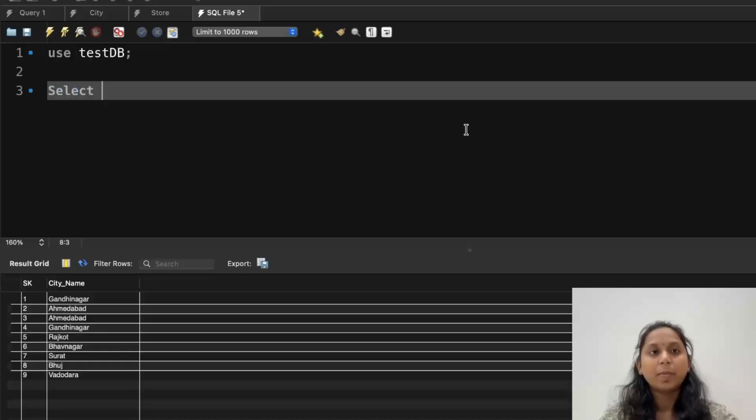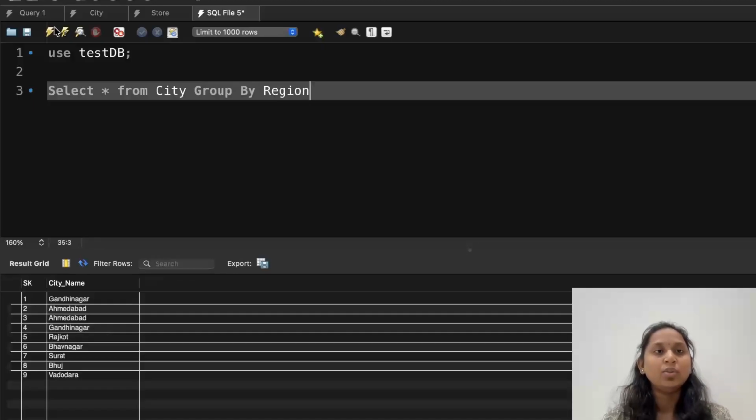For that I require which table? I require a city table. Okay, now when I use the order by, same way you can use the group by. Here also you can write a group by, and then you mention the specific column name on which you want to perform a group by, on which specific region you want to make a group, on region.